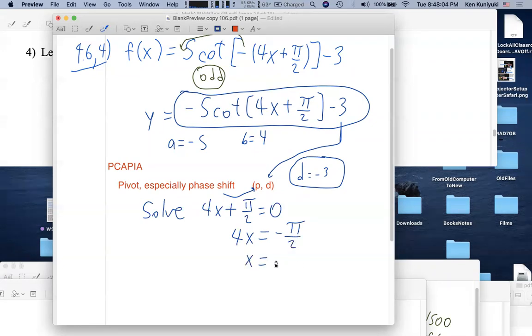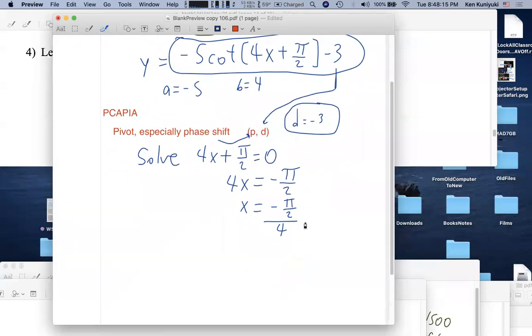Now, here's the thing. I know that this is correct: negative pi over 2 all over 4. But admittedly, this is very confusing for students, and I don't blame students for being confused. So it might be better to think of it this way. When you divide by 4, you're multiplying by what? You're multiplying by 1/4. Think of it as multiplying both sides by 1/4. So then you have x equals